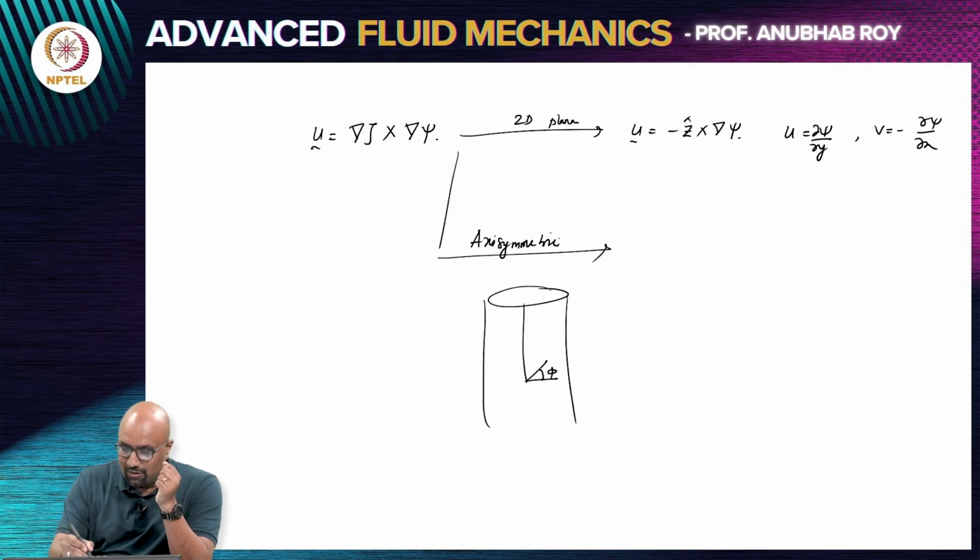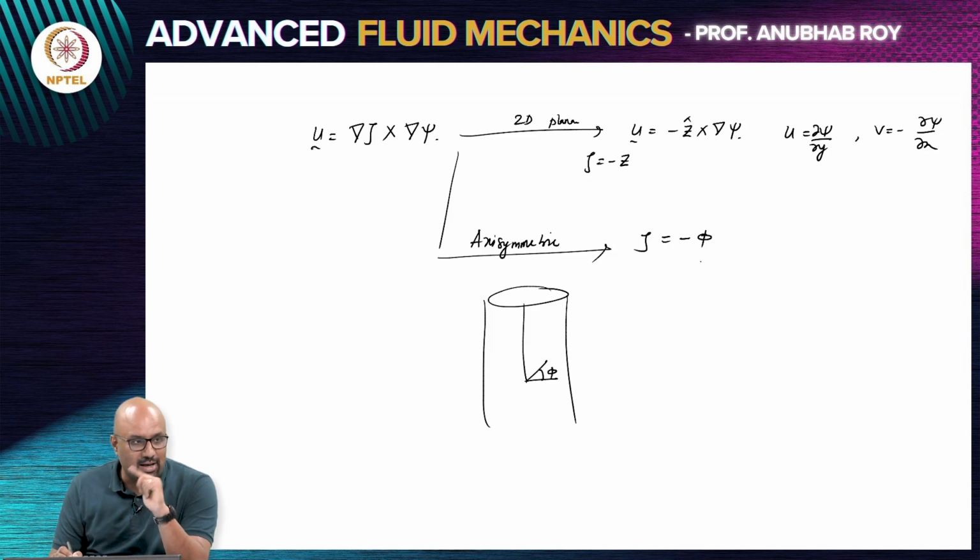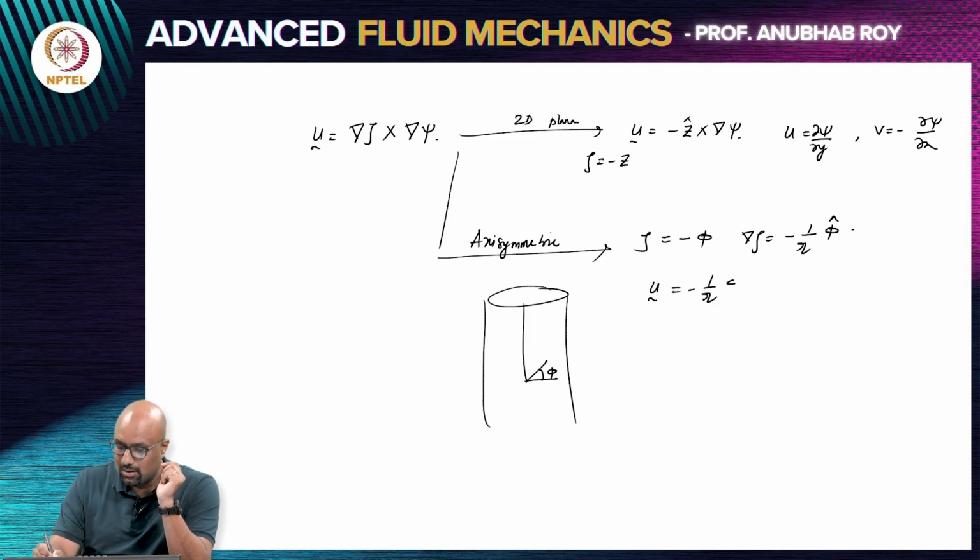By thinking of that reduction of dimensionality, here I can define my zeta, which in the previous case was minus z. Here I will define zeta as minus phi. Phi is the azimuthal angle that you have. So, if zeta is minus phi, then gradient of zeta is minus 1 over r phi cap. You apply it to the formula for u. So, u is going to be minus r phi cap